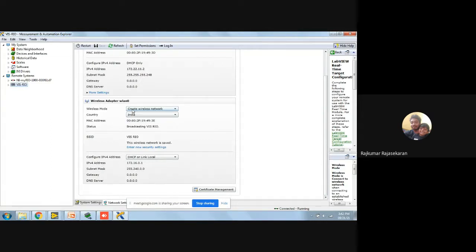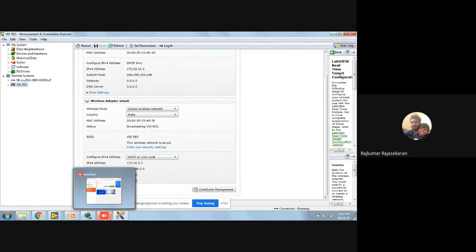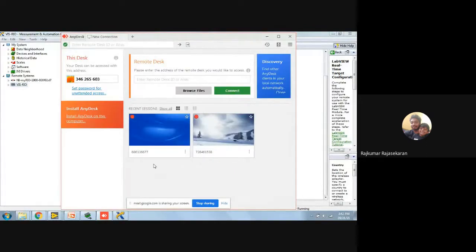Let me try it again. Probably you may not be able to see it. That's why I have decided to use the AnyDesk option. Using AnyDesk, I'll display my cell phone screen.